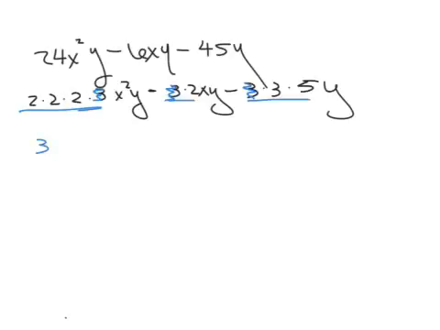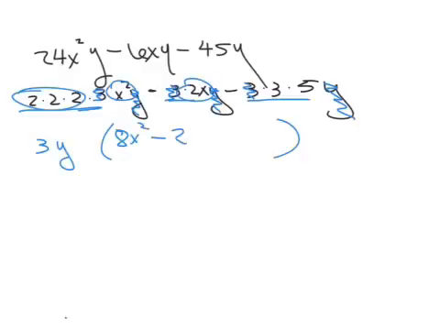So I've got a 3. Anything else common? A y. I've got a 1y in each of these, so I'm going to pull y's out. And I'm left with 8x squared minus 2x minus 15. Okay. So now I'm going to multiply my 8 times 15 here,